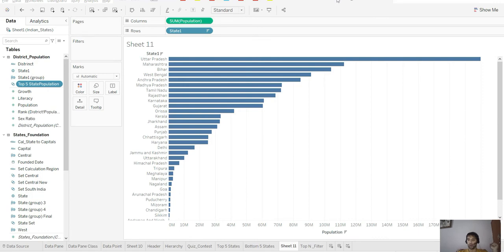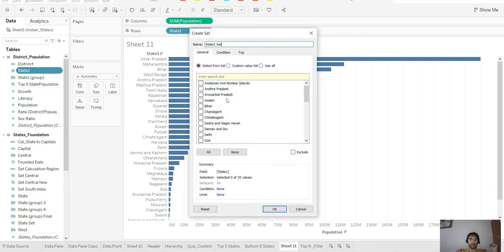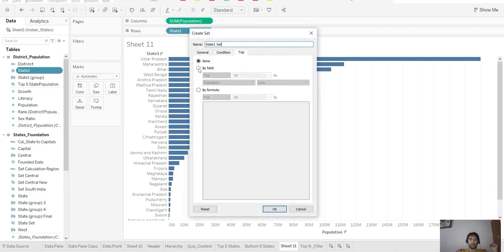Similarly, I need to get the bottom five. I can go back to state and create a set, and instead of top I would say this time bottom. So bottom five, and here I say bottom five states by population.